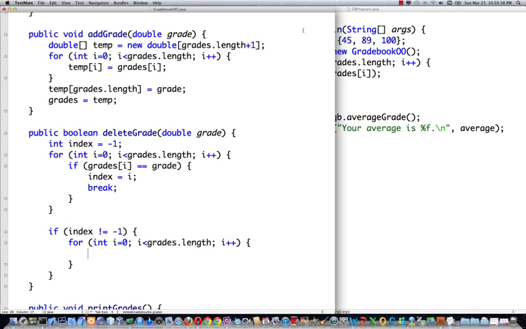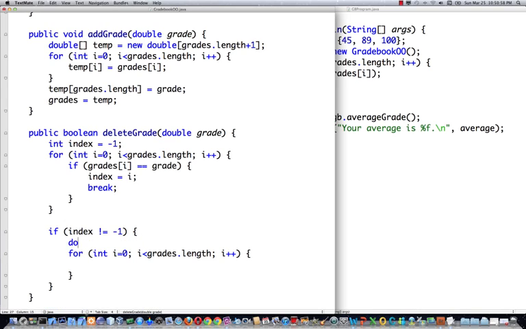Then similar to add grade we should first create, now አንድ ኤሌመንት ብቻ ነው ሪሙቭ እናደርገው ብለናል, so successfully አንድ ኤሌመንት ዲሊት ካደረግን we're going to have an array with size 1 less than the previous size. So let's create this array temp, new double, grades dot length minus 1, then